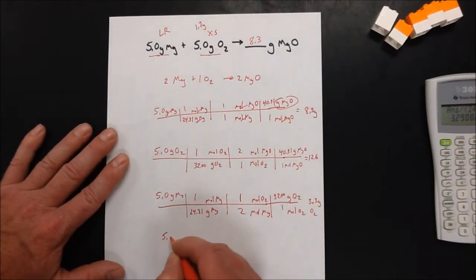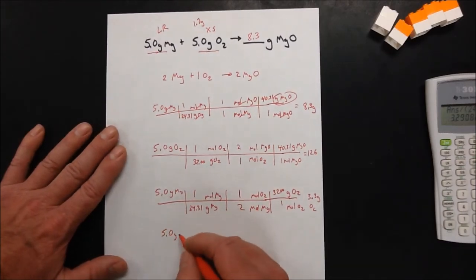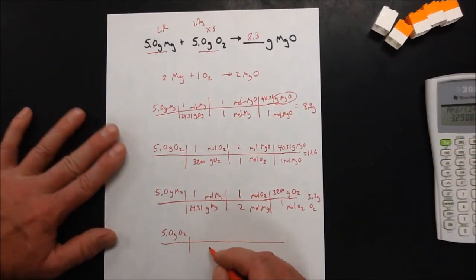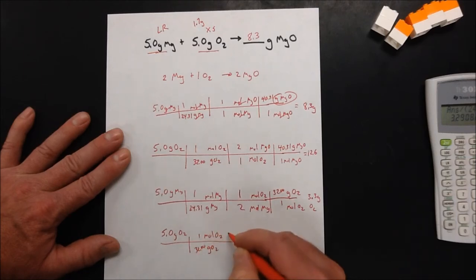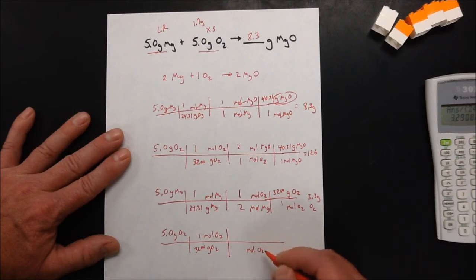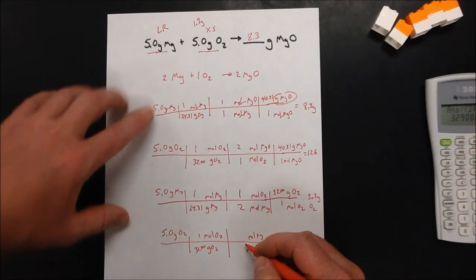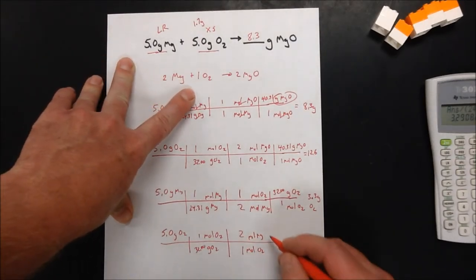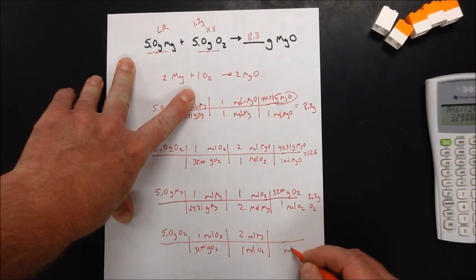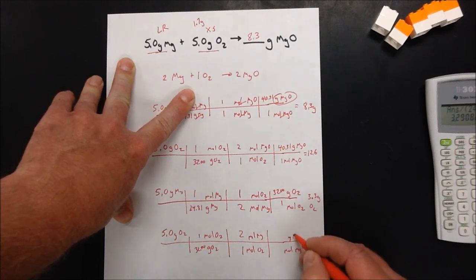I can also do another problem down here in case you happen to mess up in identifying limiting and excess, just to show you what it looks like. If I had gone from the oxygen backward to the magnesium, 5 grams of oxygen, from grams of oxygen to moles of oxygen, 1 is 32.00. From moles of oxygen to moles of magnesium, kind of the reverse of the previous problem here. For every 2 magnesium, I need 1 oxygen. And then lastly, from moles of magnesium to grams of magnesium,